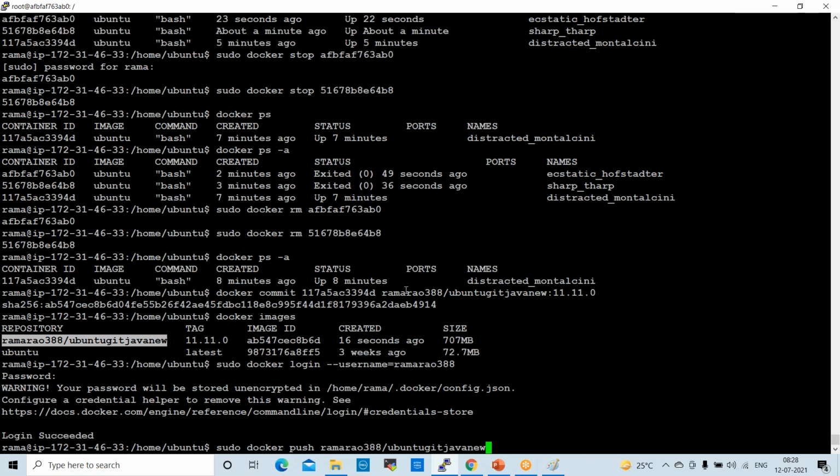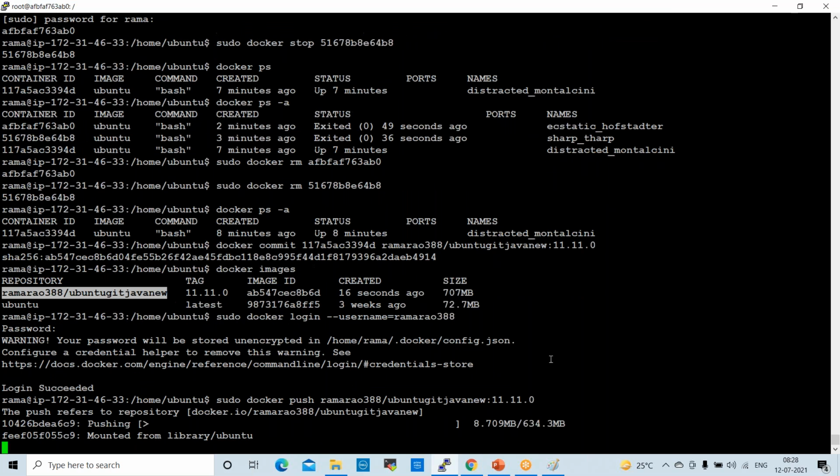Our image name. Okay. Space, and colon, version number. The version also we need to give here, 11.11.0, right? So sudo docker push image name version. Enter. Now it is pushing to Docker Hub. It will show you the final size of your image.